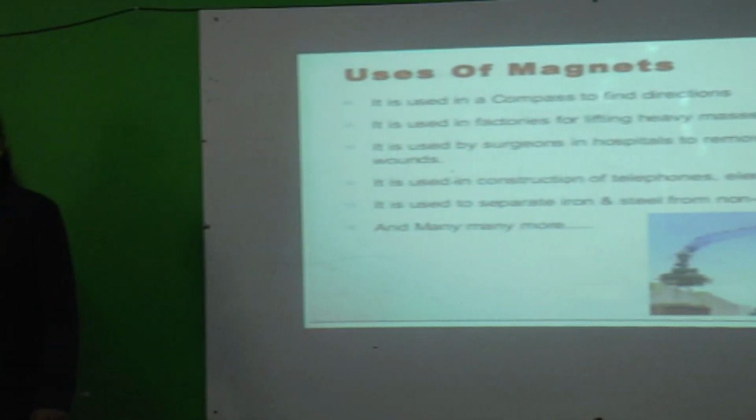So children, we completed lesson number 13, Fun with Magnets. I hope you understood the concepts we discussed in this lesson, and this lesson is there for the exam. Lessons 9 to 13 are all there for examination, but the next lessons, 14, 15 and 16, are not for the exam. Still, we are going to discuss these lessons.